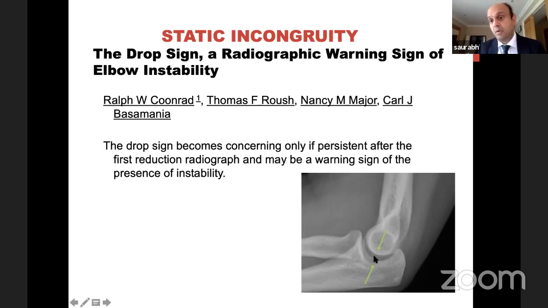Static plaster, incongruous joint. And that is the reason you need to take them out of plaster as soon as possible. Day 7, day 10, whenever you see them in clinic, get them out of plaster, encourage them to move the elbow from 30 degrees to full flexion. This allows your brachialis and biceps to contract, and you can imagine they will pull the elbow up, it'll reduce.